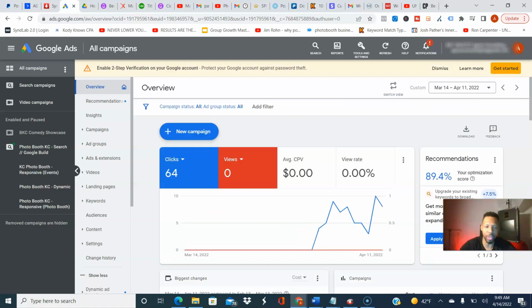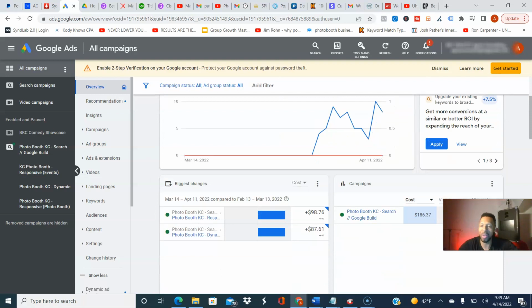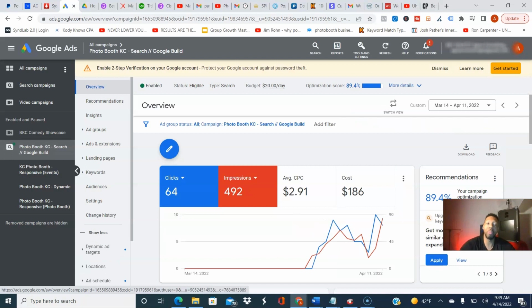Pretty sure this number will definitely change. 64 clicks. How much money have I spent so far? $186. Not bad. And I know this is not bad because after the Google rep helped build my campaign, I'm not going to show you all of my keywords and my ads and all that, but on the left-hand side, you can see